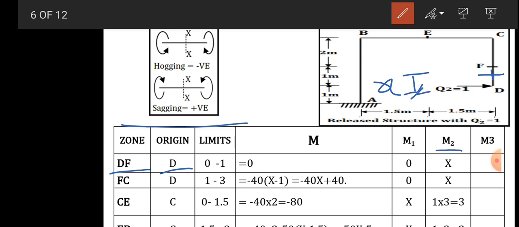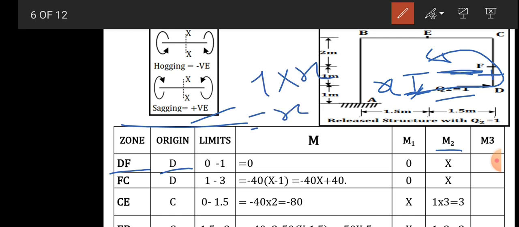Now let's find out the forces toward the origin side. Only one force, Q2 is equal to 1, and it is passing through the origin, so the lever arm will be x. So you have to consider force is horizontal, consider the horizontal imaginary axis, and this force will rotate about the horizontal in an anti-clockwise sense, or the sagging is there. So positive moment will be 1 into x, so it becomes x, and the sign will be anti-clockwise plus. So plus x is the value for the first cell.